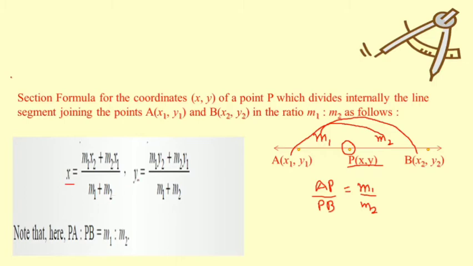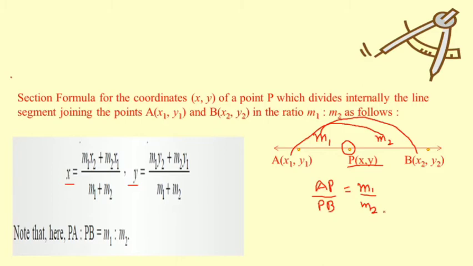Now we have to find the coordinate for y. Same procedure we will take. If we are taking the left hand side ratio, that is m1, then we will take the right hand side coordinate. So m1 multiply y2 will come first, then we will take m2 multiply y1. So we get m1 y2 plus m2 y1 upon, everywhere in the denominator we will take the sum of the ratio, m1 plus m2. So these x and y are the coordinates of a point P which divides this line AB into two parts whose ratio is m1 upon m2.